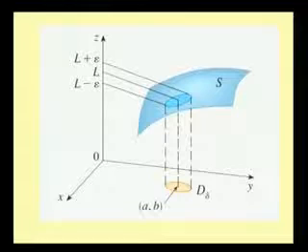Next slide. So in 3 dimensions our surface, our graph is in the space, okay, and our domain is in the xy plane. So the neighborhood of AB in the xy plane is denoted by D delta, and you can see the image of all those points on the surface is a very small surface, and the value is between L minus epsilon and L plus epsilon. Okay, so whenever that point xy approaches the point AB, if f of xy approaches L, then that limit exists, otherwise the limit does not exist.